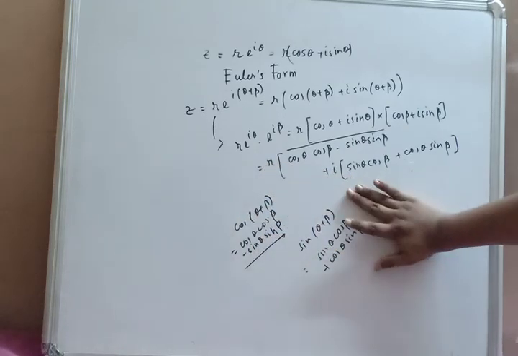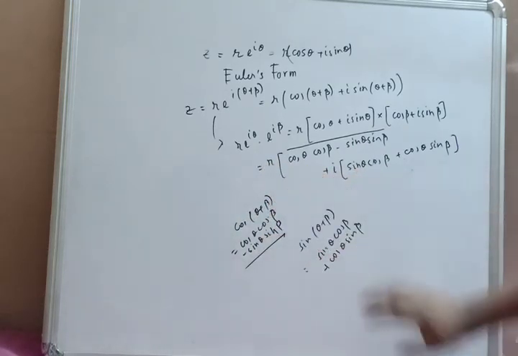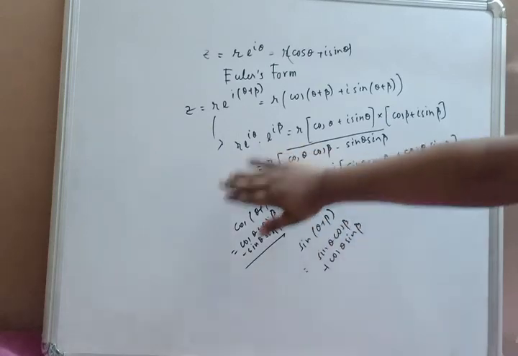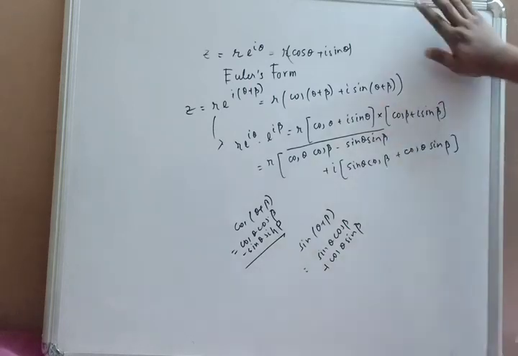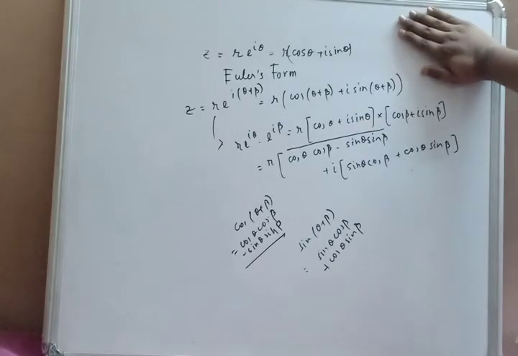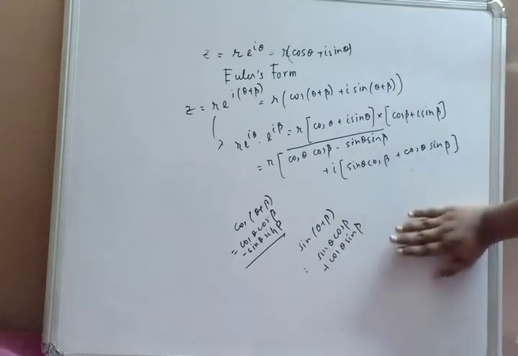Actually, if you get sine, you can get cos. But if you get two of them, then the work becomes easier. But see the working steps, the labor you need to put. So this is a very good method. This is the beauty of this method. That's why I wanted to make this video on it.